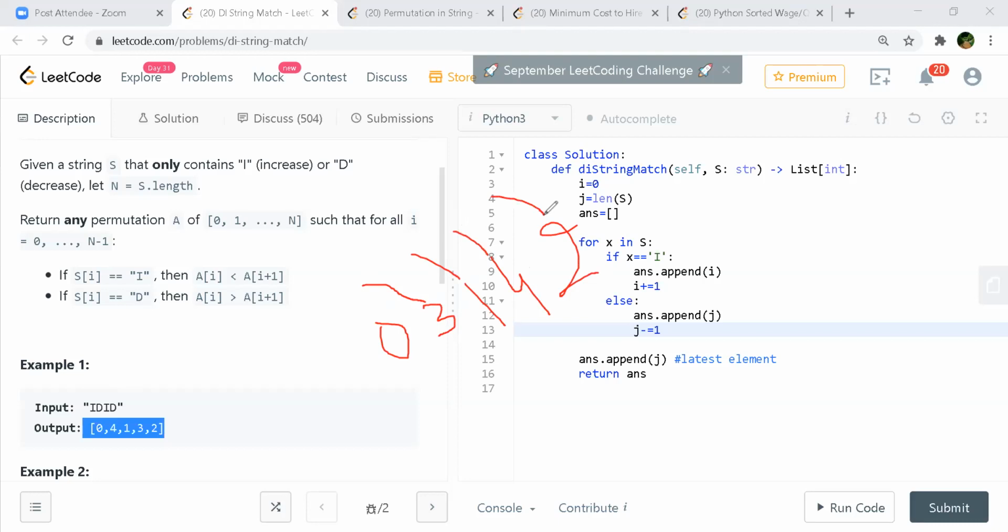But in case of what Harshit was mentioning, if all three are I, that was a special case. I mean, you cannot be sure. I think 0, 1, 2 you will write, right? 0, 1, 2, 3. So in that case also, 1, 2, 3, 0 should be possible, correct? Or no? No, they are not incrementing. No, it won't be because then it's decrementing at the end. So in this it is right. It's only one way to do.